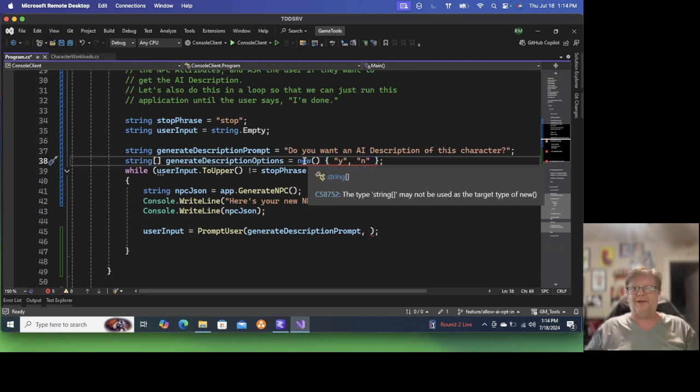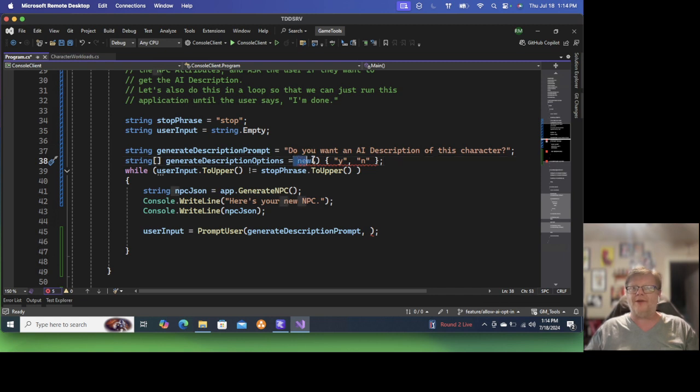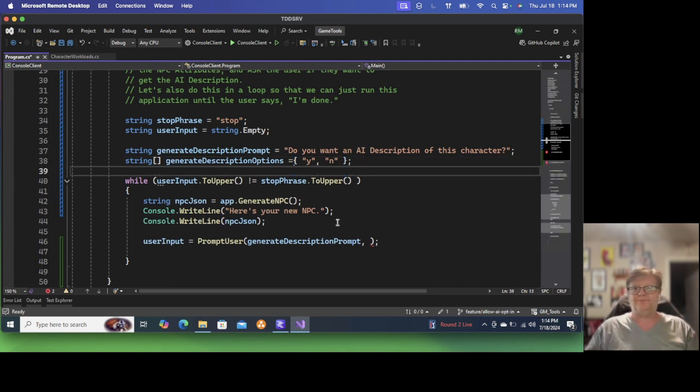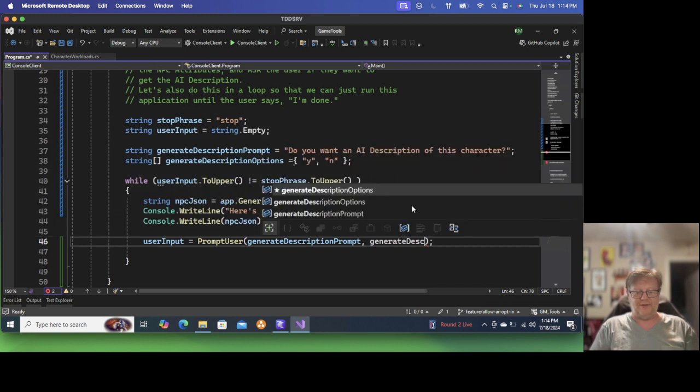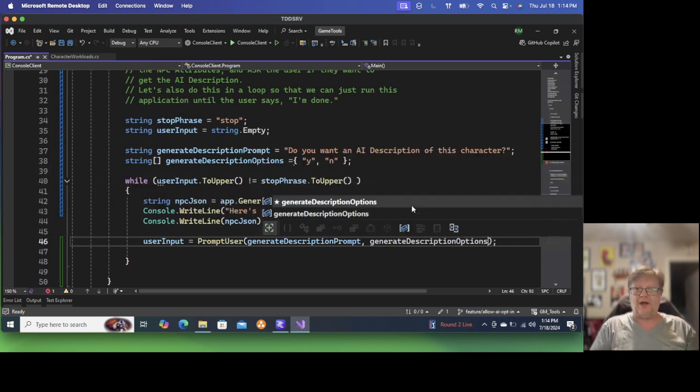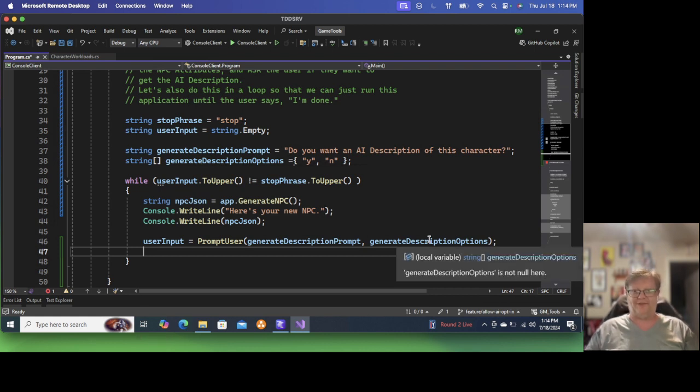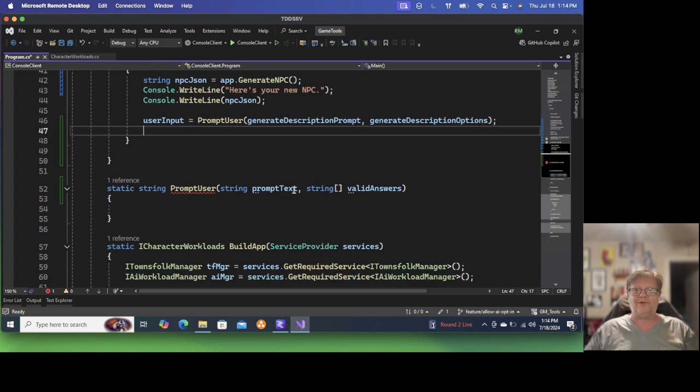It doesn't like the way I did that. I think I just have to do it this way. Boop. Yep. Okay. Generate description options. Now, the reason we're passing that array of strings in is so that